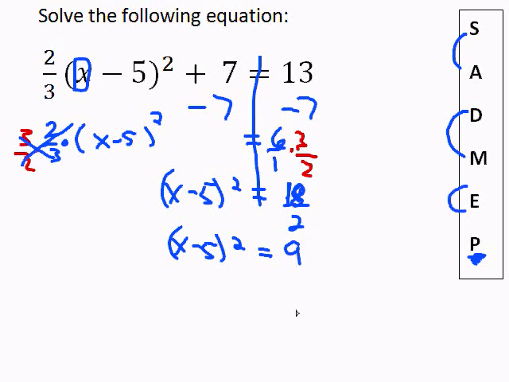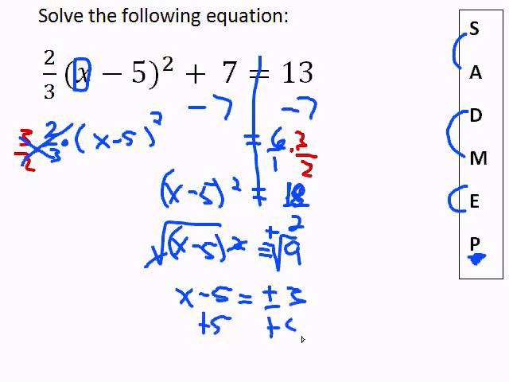We can then see if we can get rid of that exponent, which we can by taking the square root of both sides. Remember, it gives us a positive and negative answer. So x minus 5, by the way, the square root and the square will cancel, again giving us x minus 5 is equal to plus or minus the square root of 9, or 3. We're going to then add 5 to both sides,